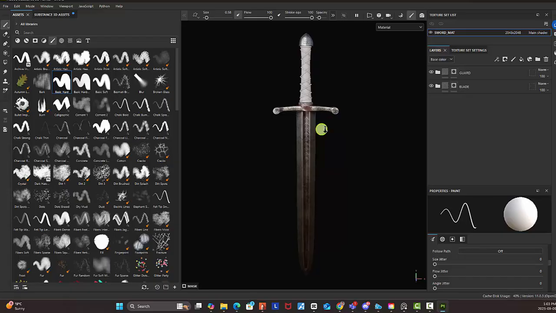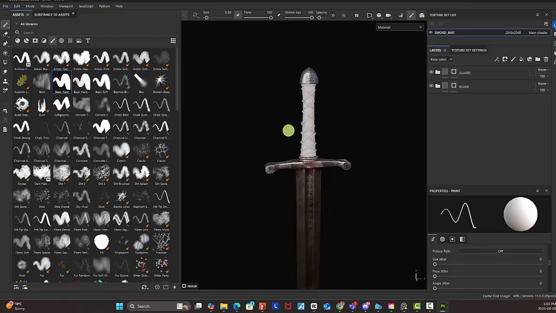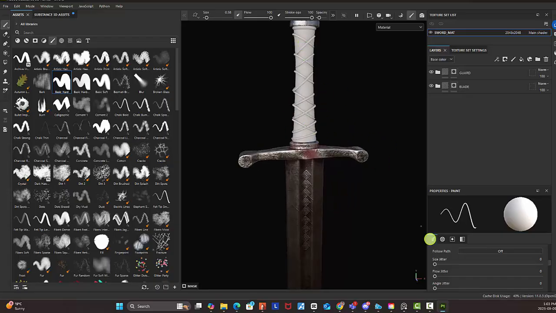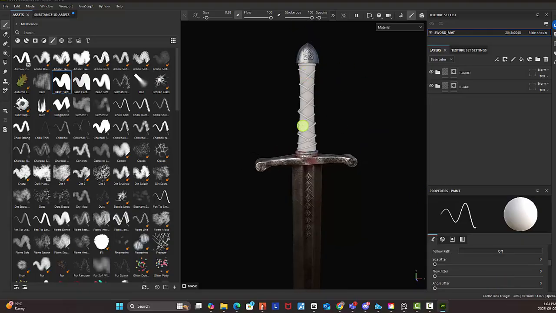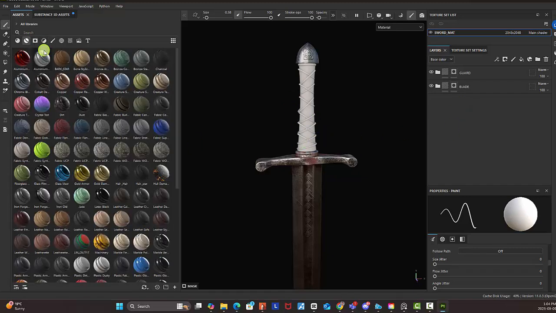Okay, cool. So I think the handle is done. So now we just have to create something, maybe like a leather handle for the handle here. So how do we find it? We're gonna go back to our smart material. I'm just gonna type in leather,